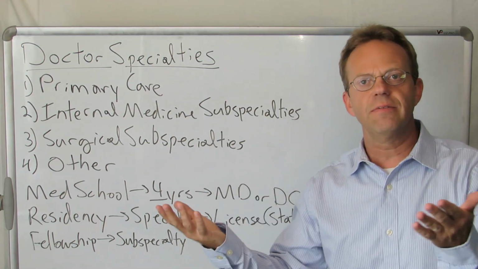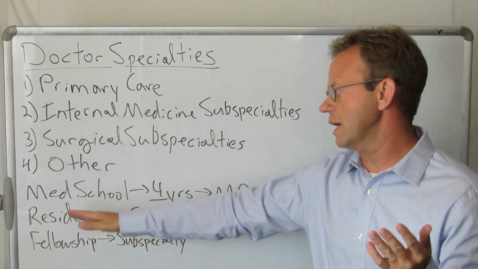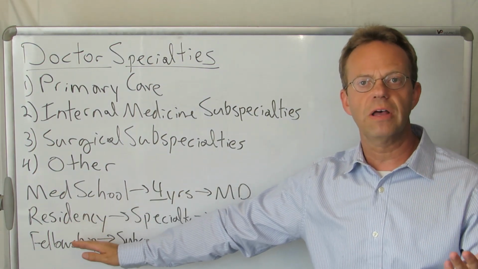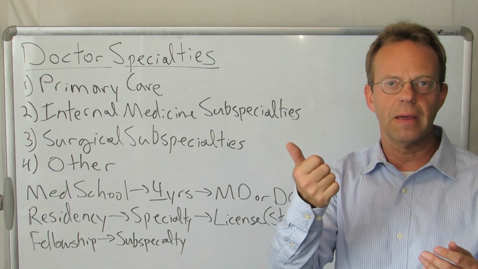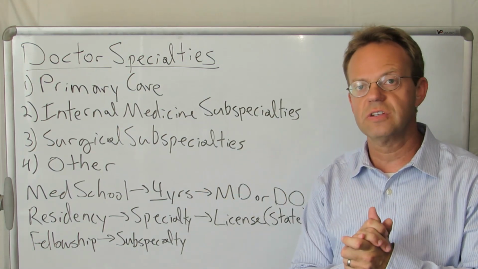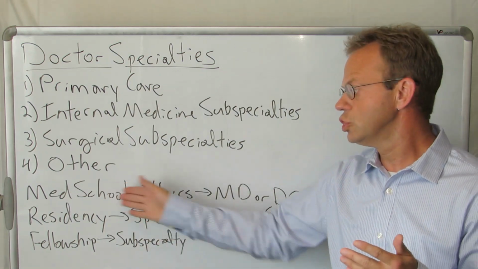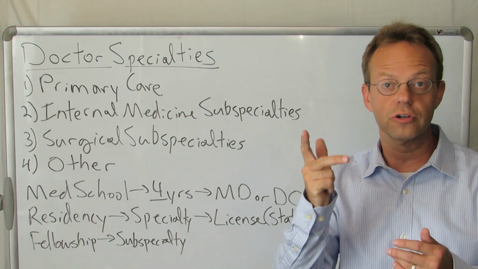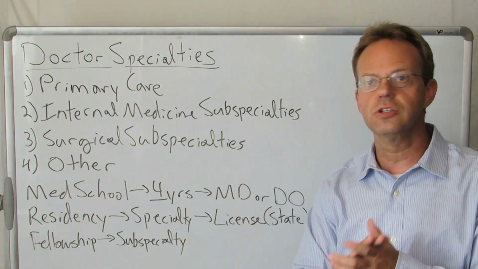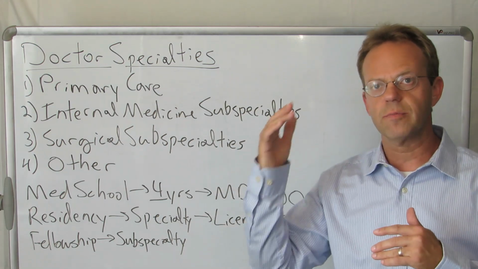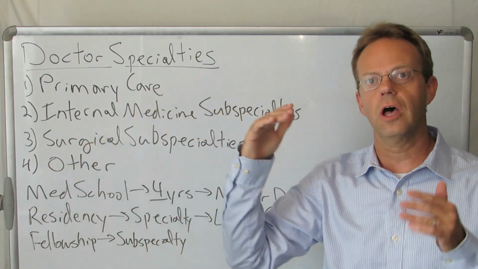And believe it or not, you can't even practice medicine yet. In order to practice medicine, you actually have to complete a residency. So both MDs and DOs have to go on to complete a residency at an academic medical center like a major university hospital, or actually a lot of community hospitals have residency programs as well. And that's where the physician chooses their specialty, whether it be pediatrics or OBGYN or surgery, orthopedics, you name it, right? And after you're done with your residency, which is anywhere from 3 to 9 years,